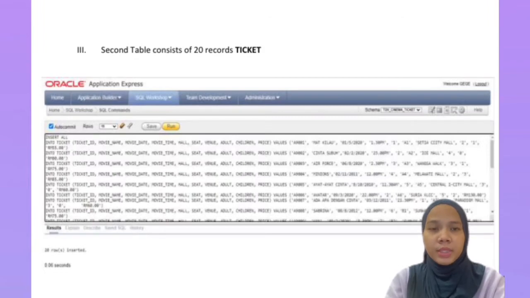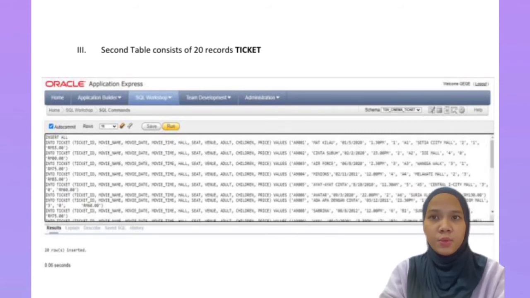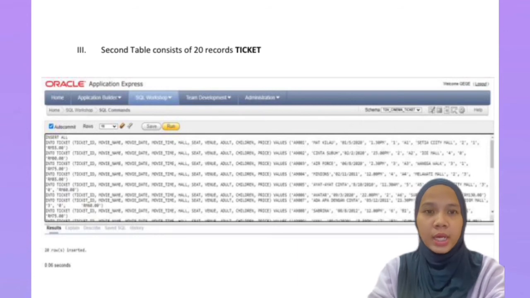For the third question, the main table for ticket must consist of 20 records. So we use the SQL command insert all into ticket, open bracket, ticket_ID, comma, movie_name, comma, movie_date, comma, movie_time, comma, hall, comma, seat, comma, venue, comma, adult, comma, children, comma, price, close bracket, values, open bracket, apostrophe